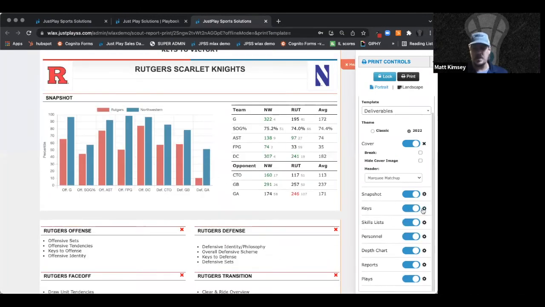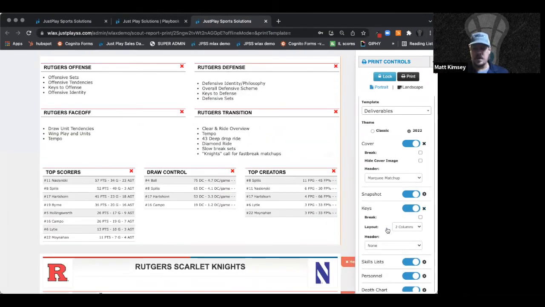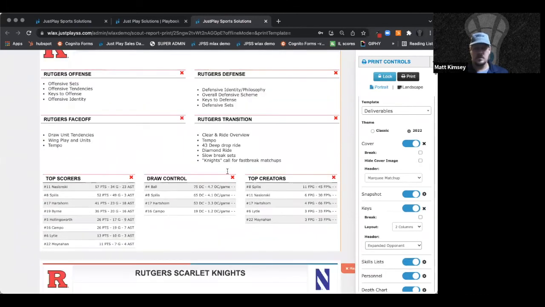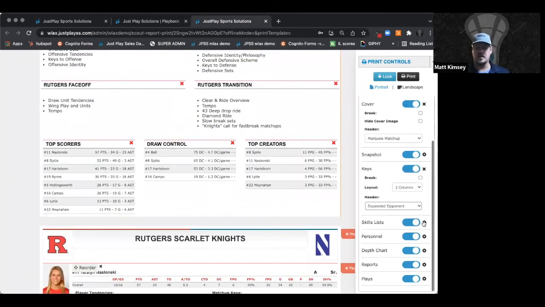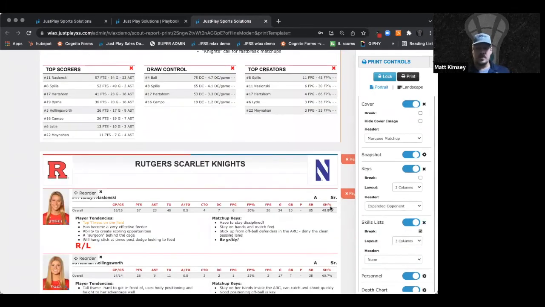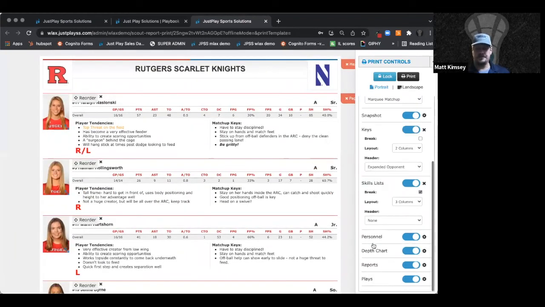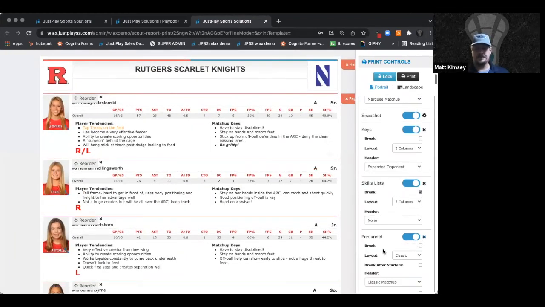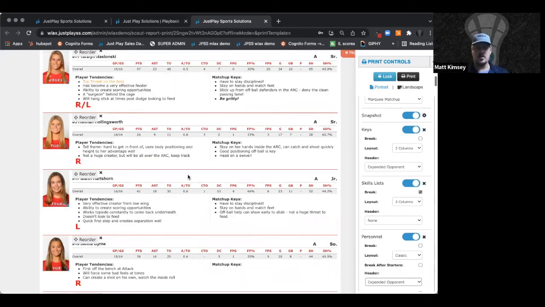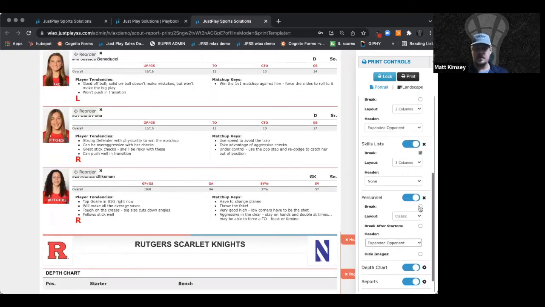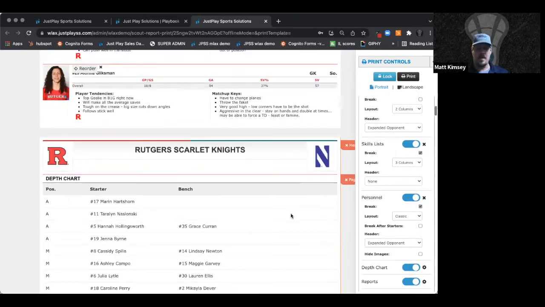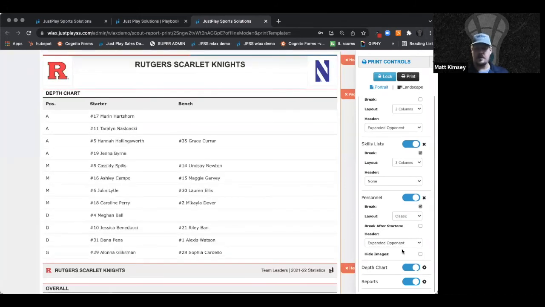And then we've got our keys section. So maybe we have an expanded opponent header up here, right? So this is where you kind of get your keys, and we got our skills list there. And so we put a break after there. Then we got our personnel, again, same thing. Customize headers, get them looking the way you want. We've got a page break, I would assume, after personnel. There we go. And then we've got our depth chart,